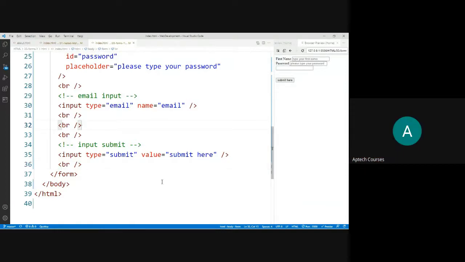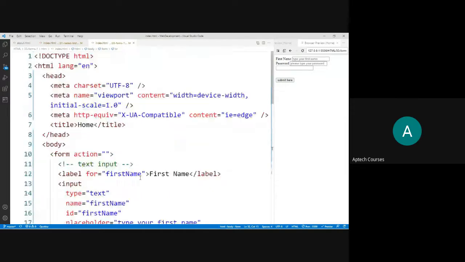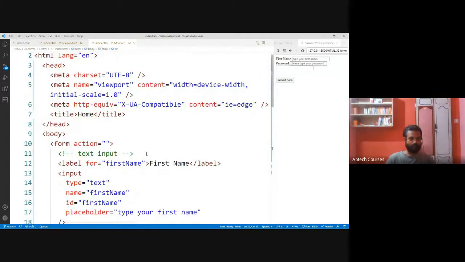Once I click on submit, what happens? It is going to send the data, whatever the data we enter in these text fields, to the destination. Whatever the destination I give here, it will be going to that destination.